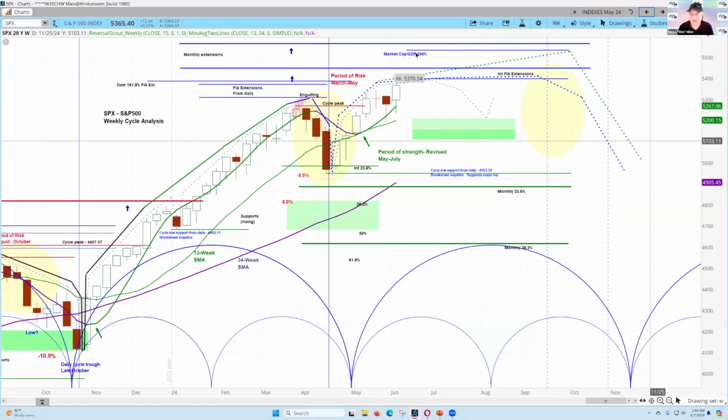Now, I make a note over here that when you get up into these levels, you have historic valuations, market cap to GDP, 200%. Maybe right now it's in the high 180s. And that would be the second highest ever in history before we had our last bear market. And valuations, just to speak to them a little bit more: at the high in 1999, before the dot-bomb bust, the market cap to GDP was 157%. So we're at historic levels.